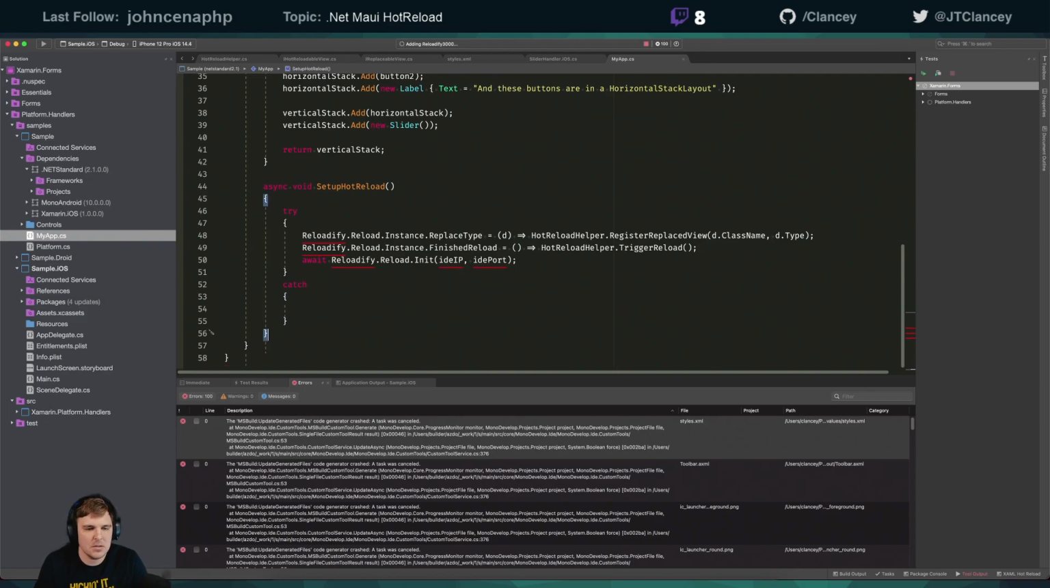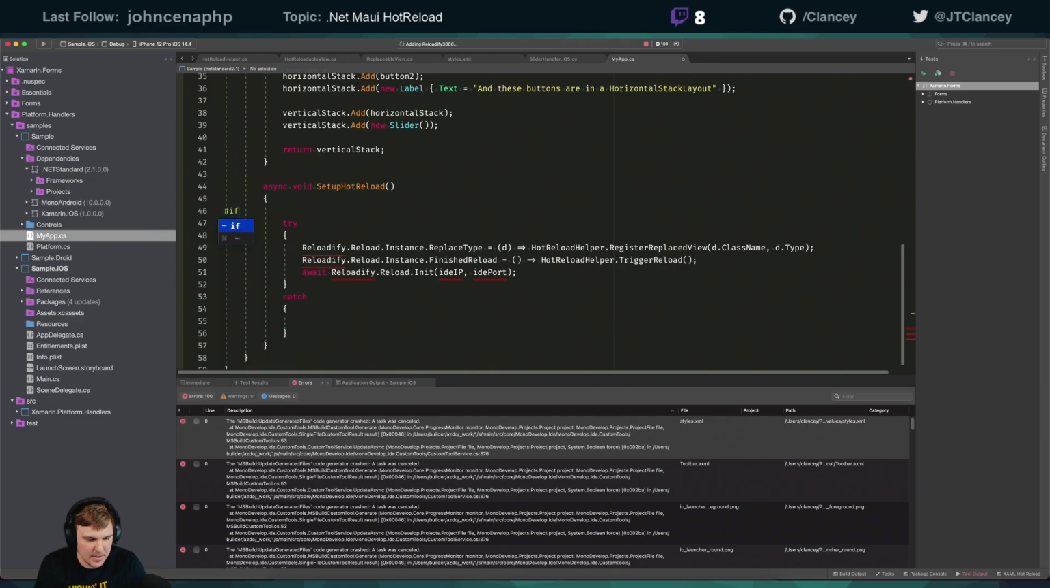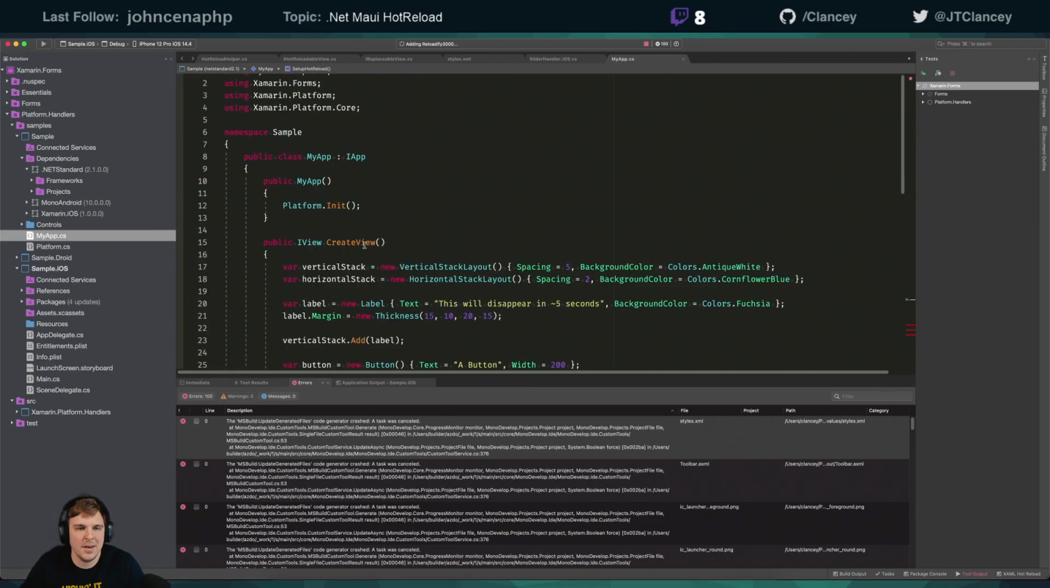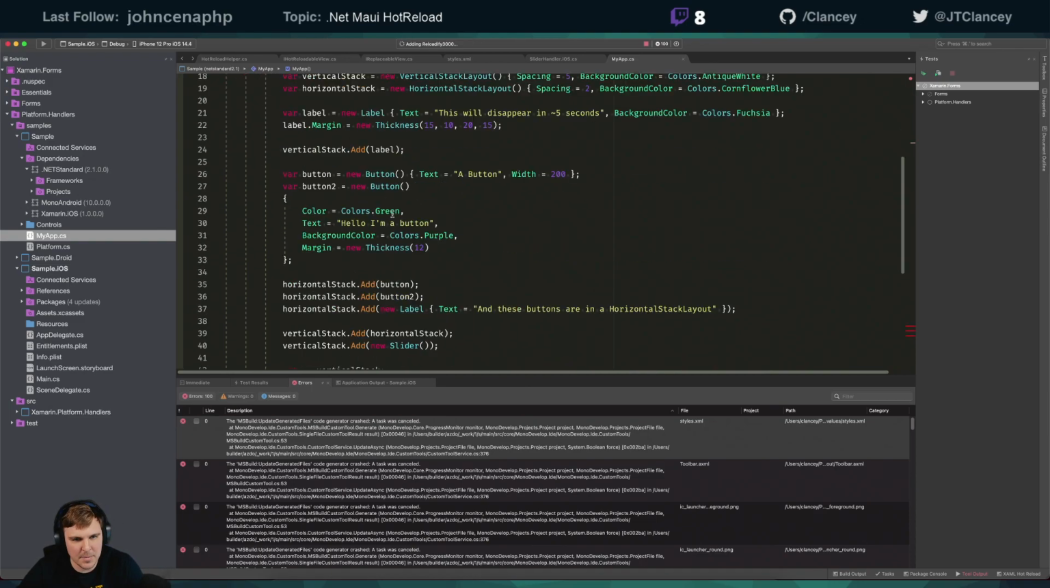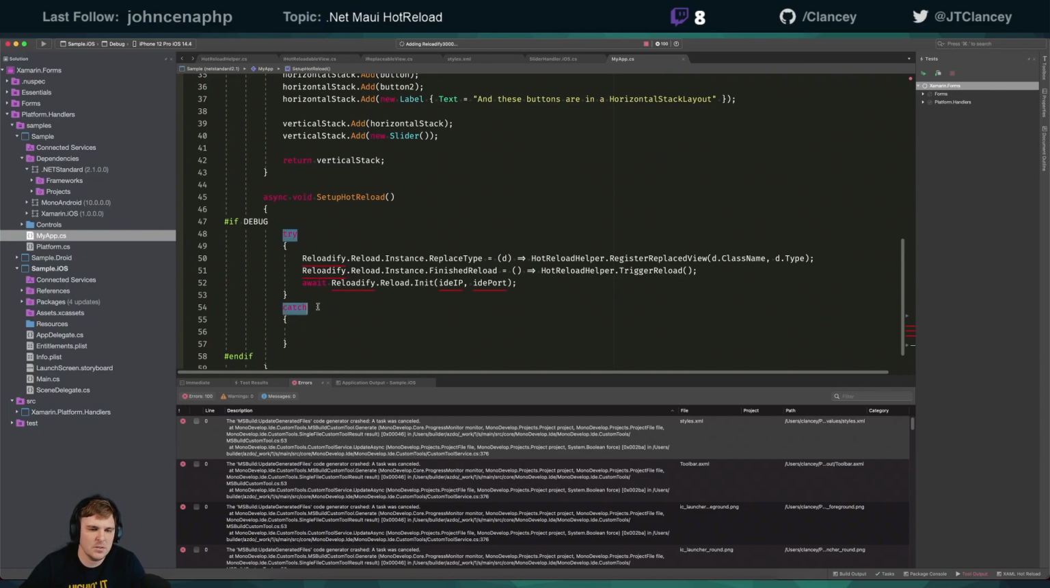All right. Am I missing a using? There we go. All right. And then we're going to wrap this in an if debug. That way we don't bring any of this crap if we don't need it. And that should show up. And I'm just going to right here fire that thing off and forget about it. Actually, let's do